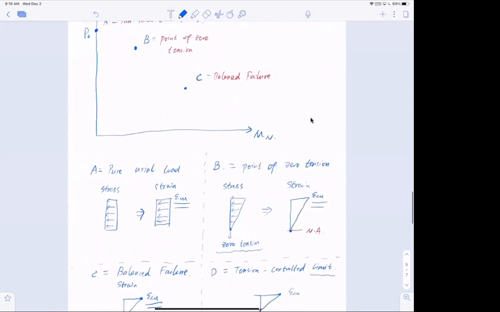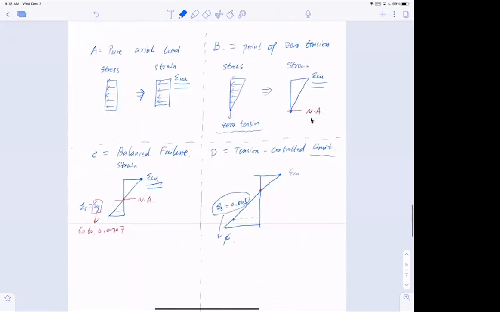Now where is it? Is it going to be on the right side of C or the left side of C? Which one? So I started thinking. At the point of C, my steel already reaches the yielding strain. That means my stress in the steel on the tension side equals the yield stress. Now, on the right-hand side, since I have a higher strain, steel also has the yield strength. So they look the same, but